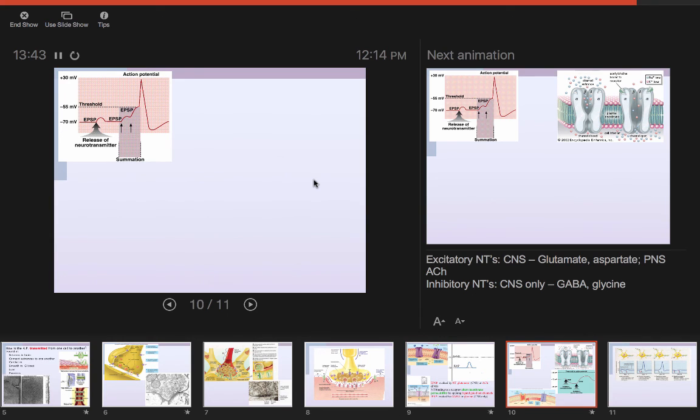Here you can see the EPSPs. This is the figure from your book. Another important thing about EPSPs is that two EPSPs happening close together, either close together on the surface of the neuron or close together in time, can actually add together. This second EPSP is adding on top of the first one, and while each EPSP alone is not enough to get us to threshold, two of them together do get us to threshold,